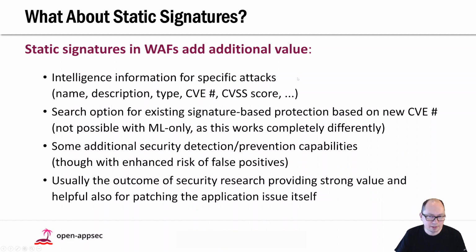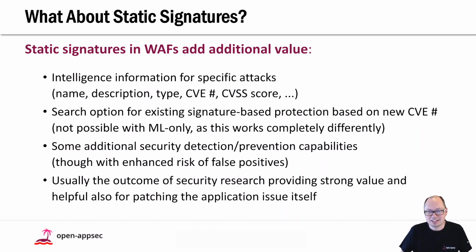So for example, the good thing about signatures is they can give you intelligence information for specific attacks. A signature can have a description that says this signature is specifically for this CVE. The CVE has a CVSS score, they can have a name, a description, a classification, and so on. So it's good and easy to assign intelligence information to signatures, but that also is the problem because that already